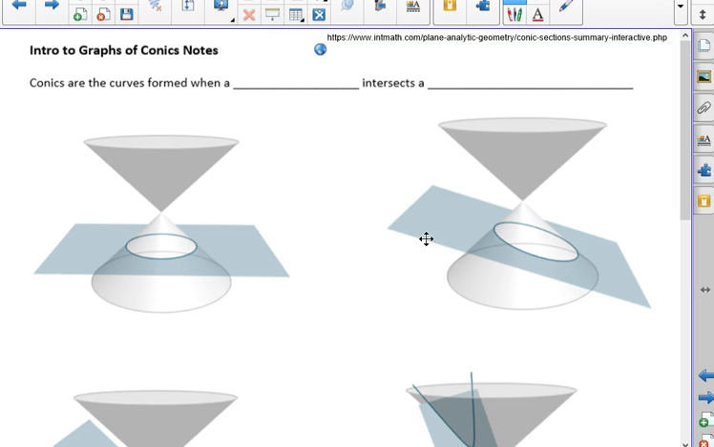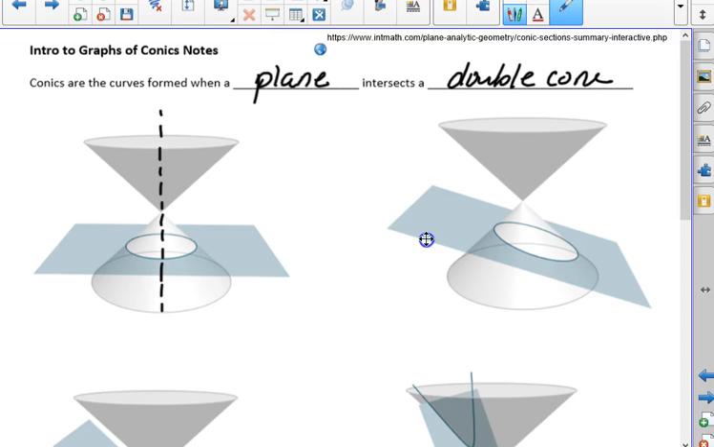Conic sections are formed when a plane intersects a double cone. When the plane is exactly perpendicular to that line of symmetry going right through the cone, we get a circle. So this would be a circle right here. When this is tilted just a little bit, this figure here is called an ellipse,